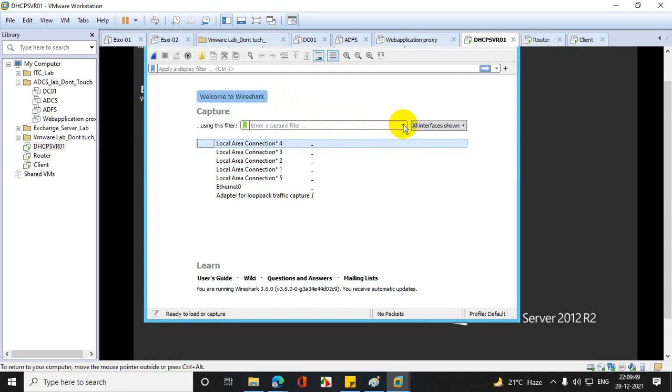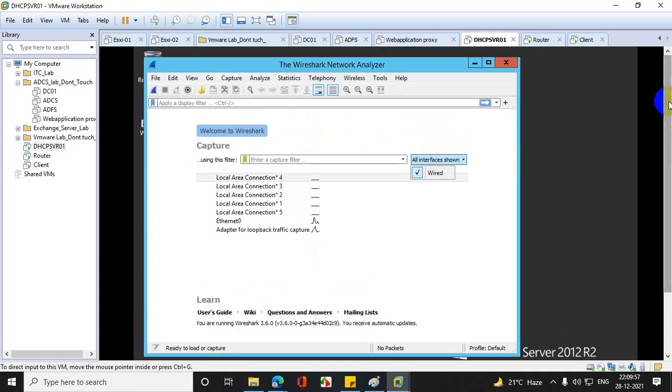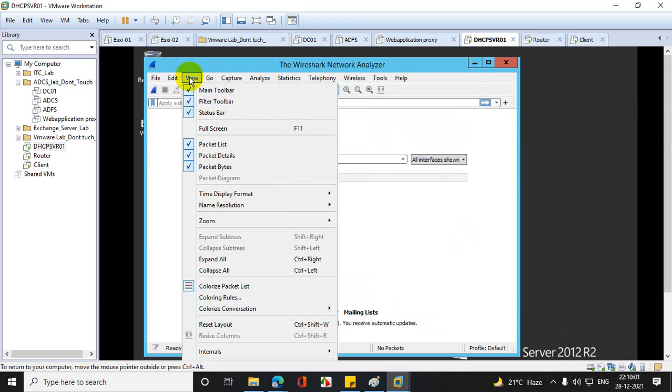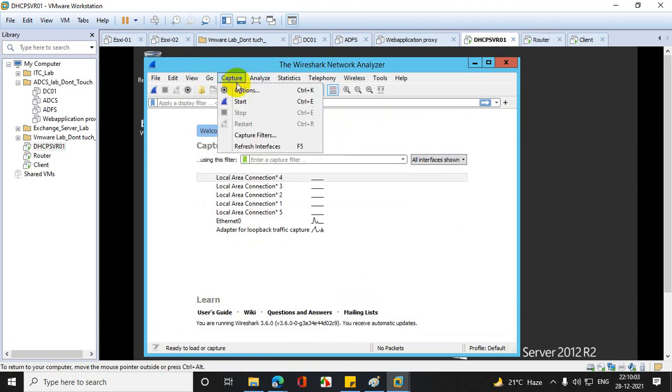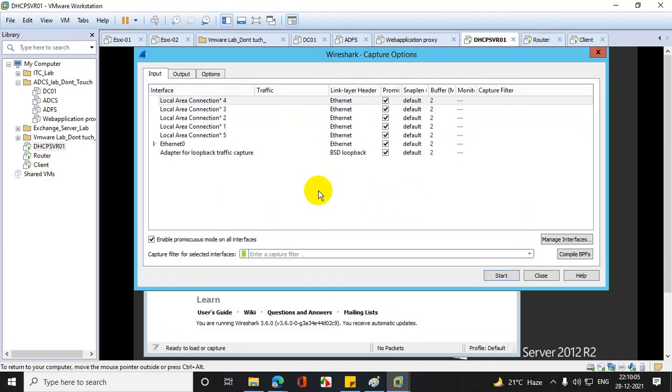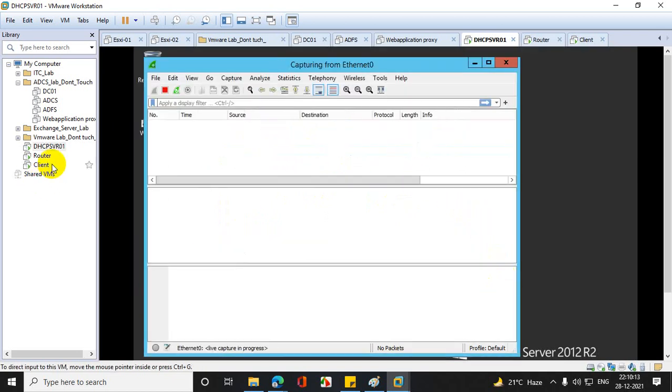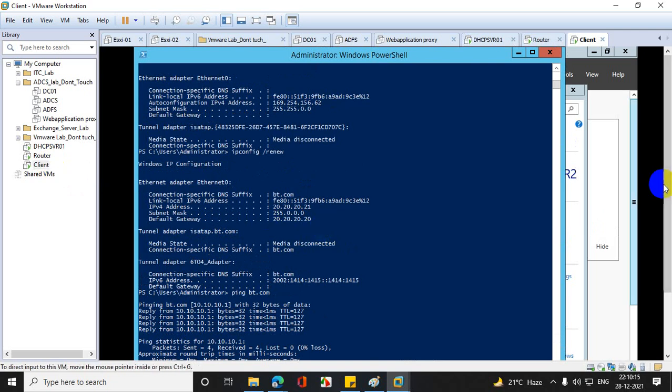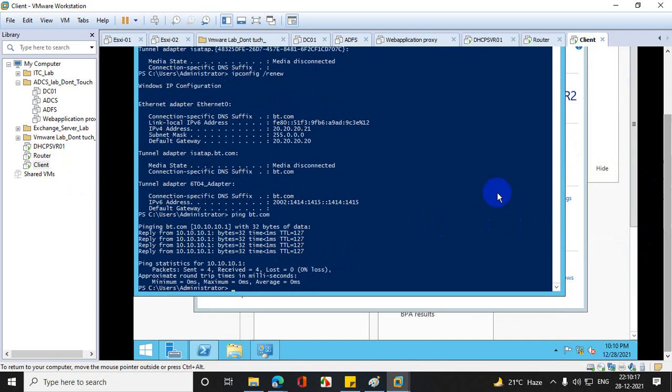Here it shows all interfaces, local area connection, whatever it is. So let's start. Now what I need to do is have the client release and renew the IP address.